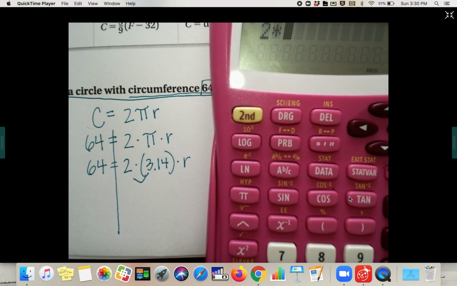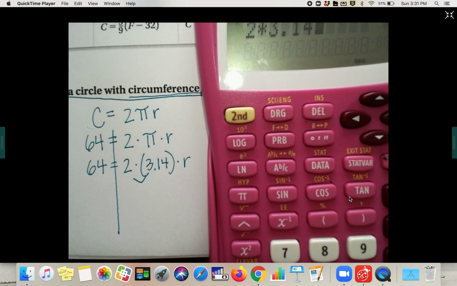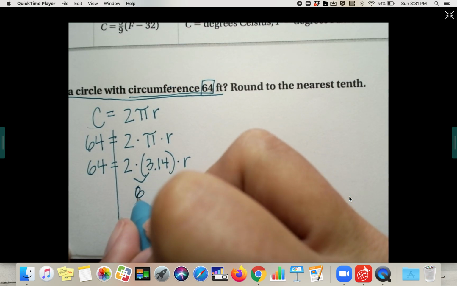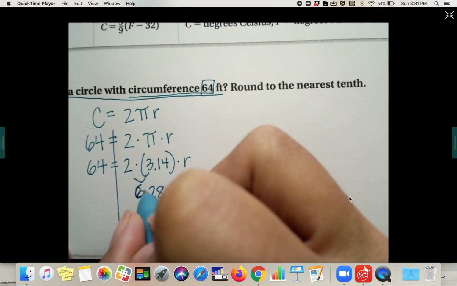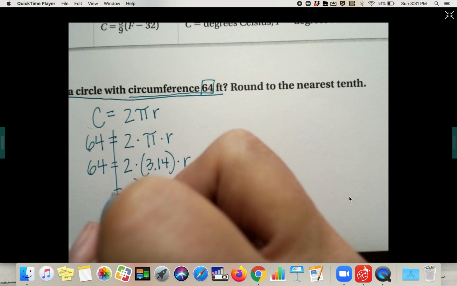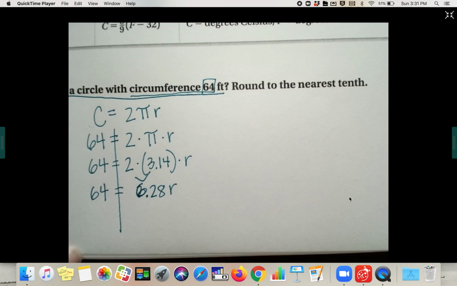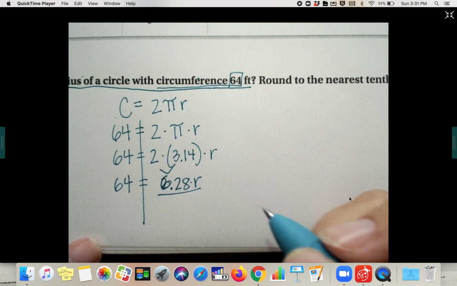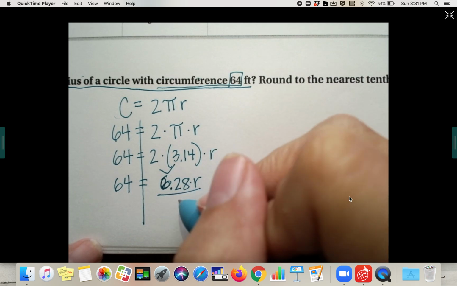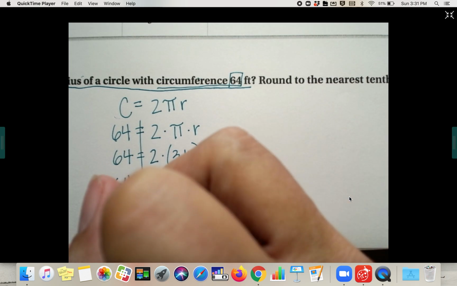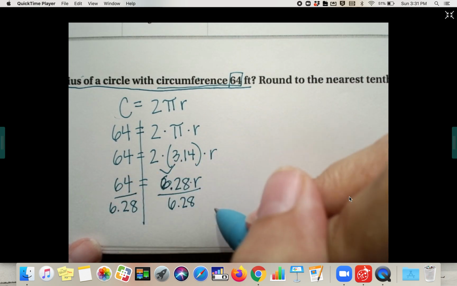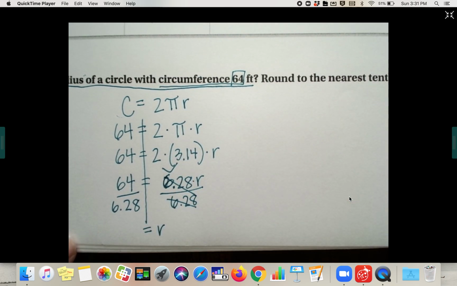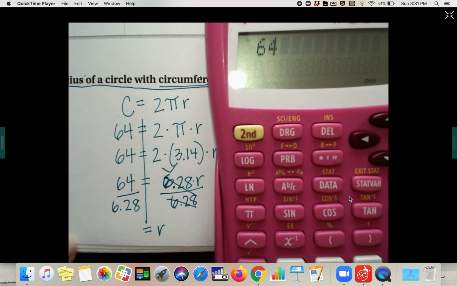So 2 times 3.14 is 6.28. So this is 6.28r. Okay, to get radius by itself, the last step, these are being multiplied, so you will divide by exactly what's next to our letter, 6.28, on both sides. Cancel, cancel. The radius would be whatever 64 divided by